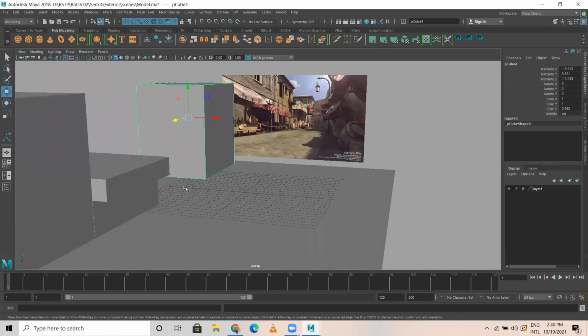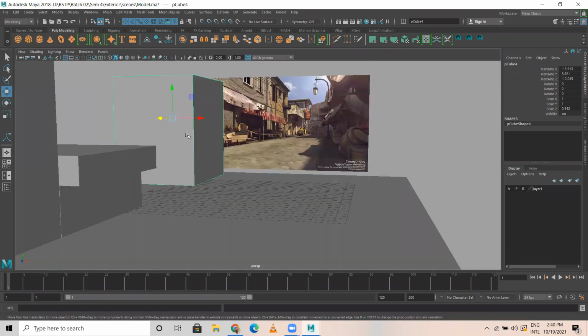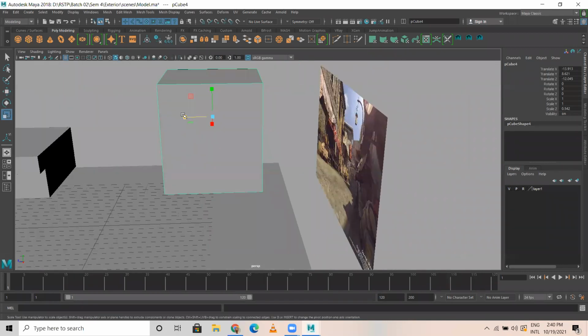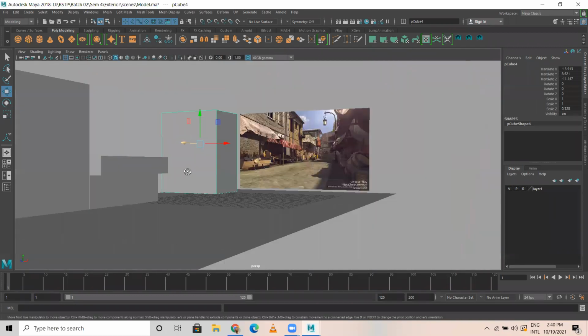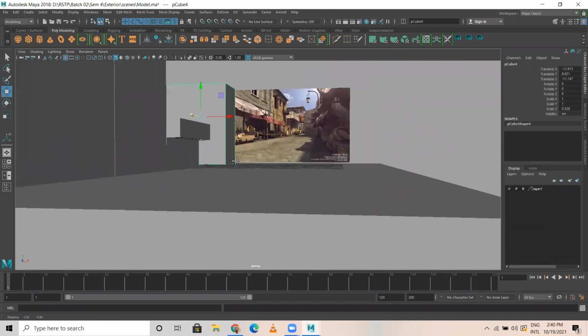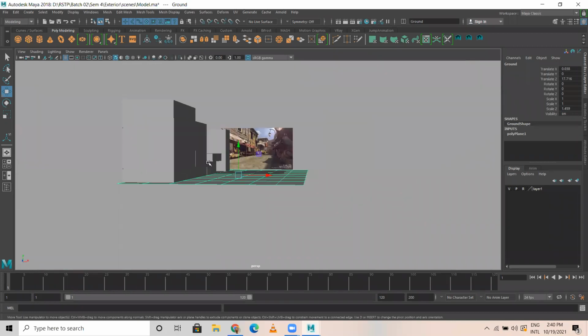Okay. Let's make this as a road here. We can create this as a road. Okay, it's like this. Then later I need to create few buildings here.